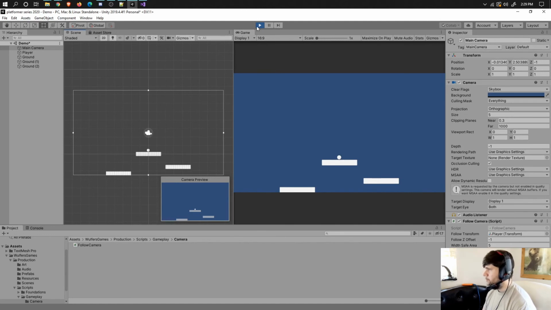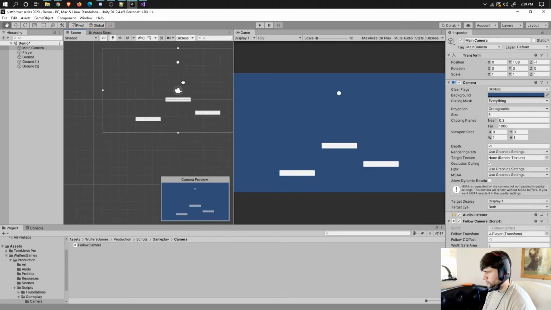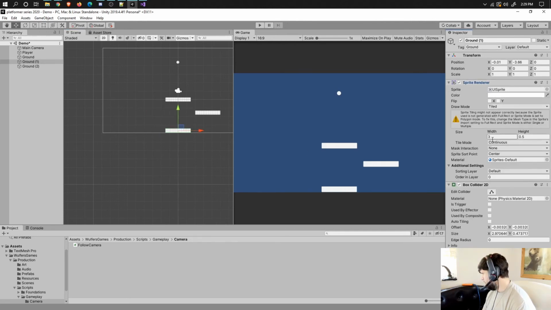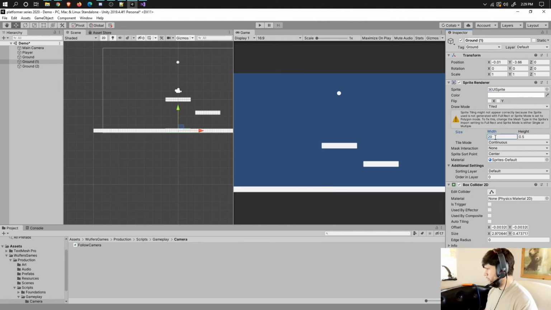And actually, before we do that, let's get this guy and bring it down, maybe put it here, and let's make it bigger so that we have a bigger play area, essentially. So let's do 20